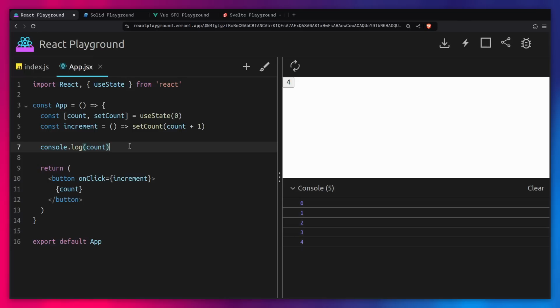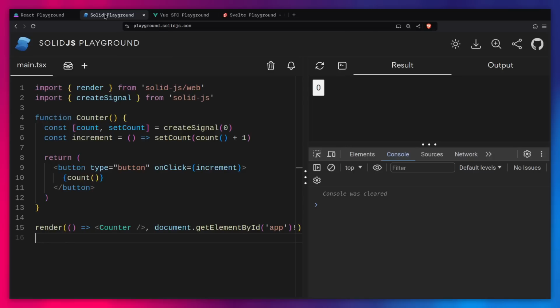But in my opinion, this is also very genius because you don't have to do things like count.value or invoke count as a function. It just works because React doesn't care. There is no fine-grained reactivity. It just says, okay, this thing updated, I'm going to rerun this entire function, just like that, boom. And then on the other hand, something that looks like React, but is actually nothing like React, Solid,